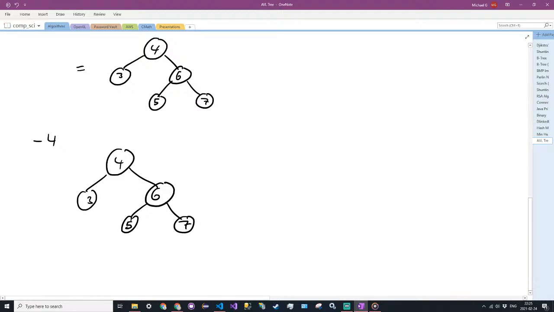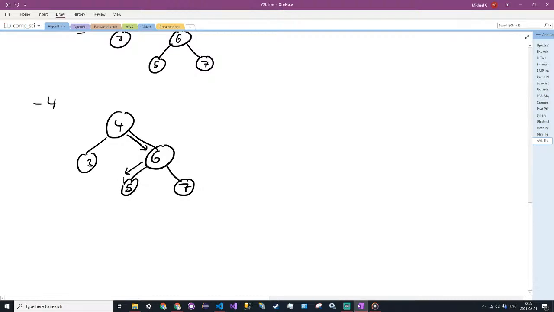So all we can do there is go one down to the right and then traverse down the left side of the right subtree here. So we go here first, and then we continue going left until we hit a leaf node, which is the 5, and then we substitute up the 5. So it becomes a 5 up here,